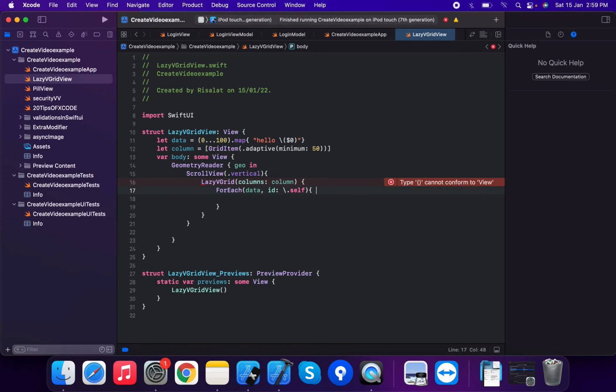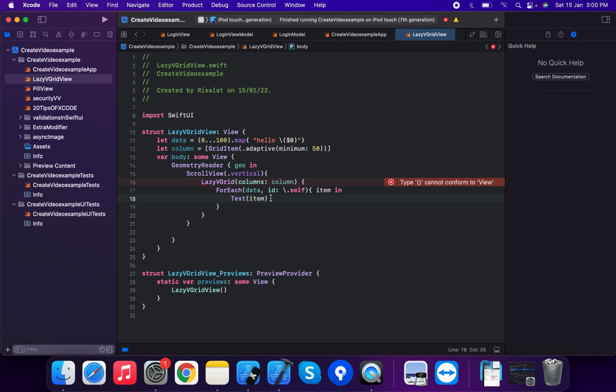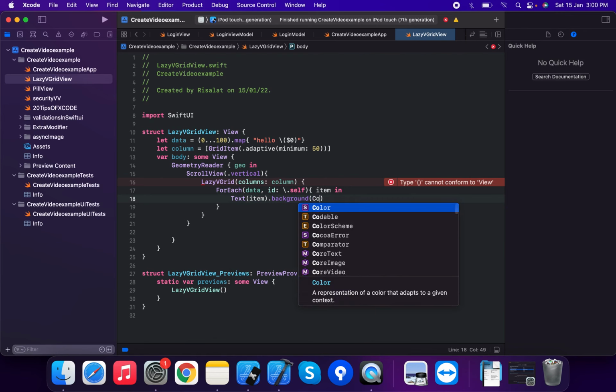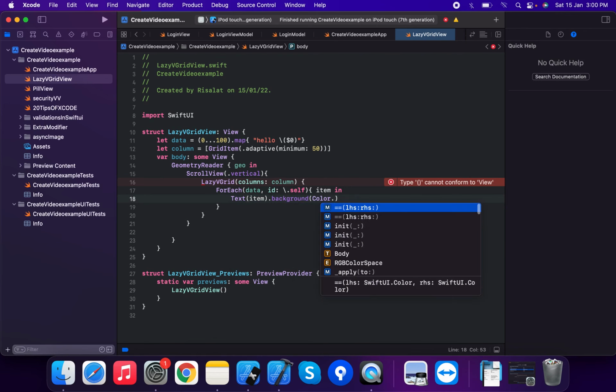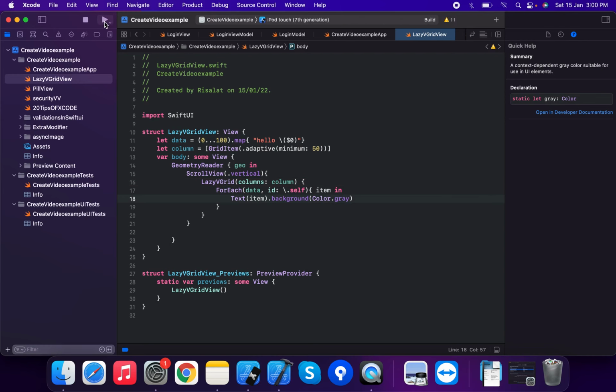Now this is the item, and we bind it to a Text. Text with the item. Then we apply a background color, which is gray. This is the LazyVGrid, vertically. Now we're going to run this application.